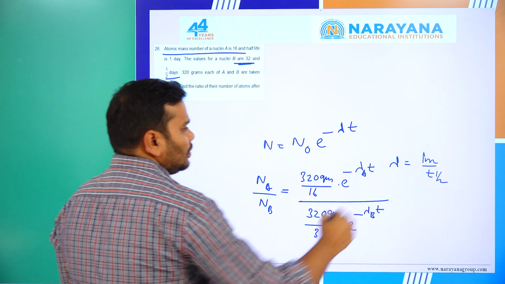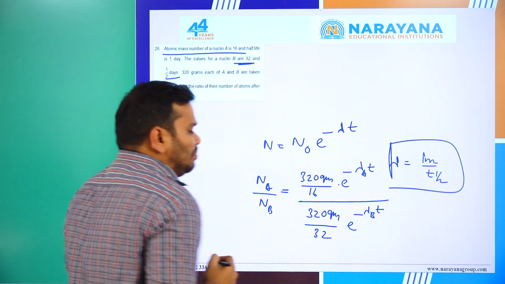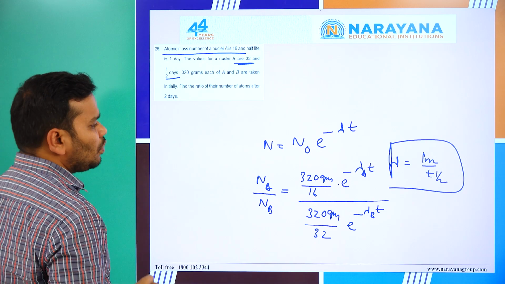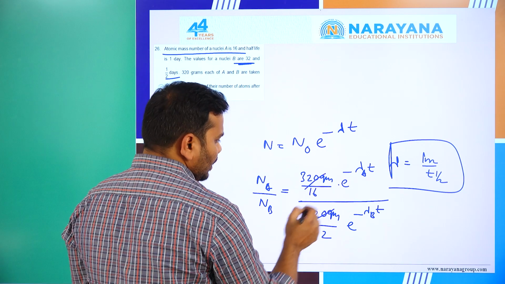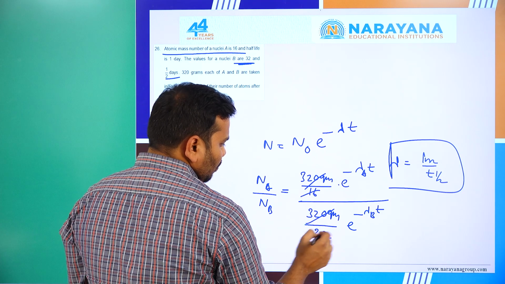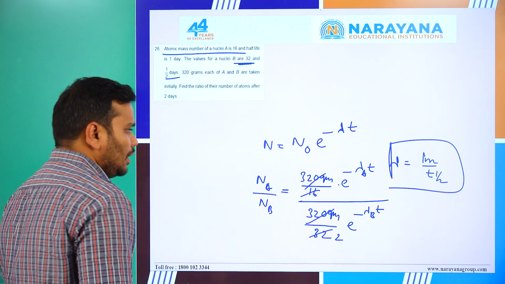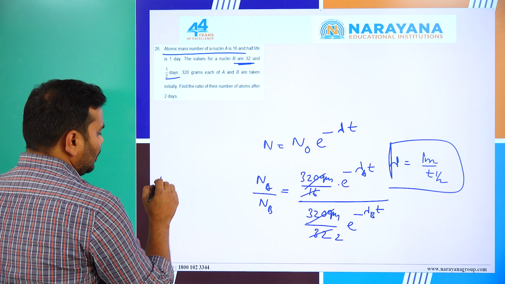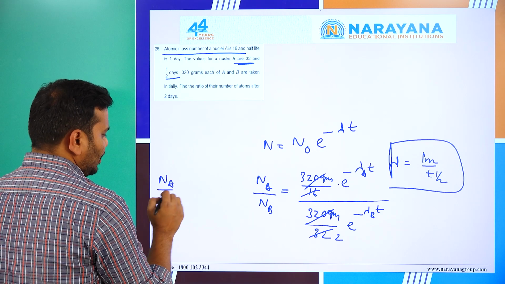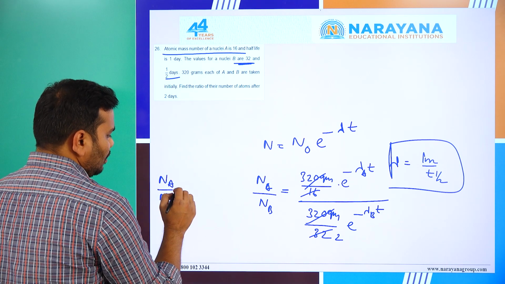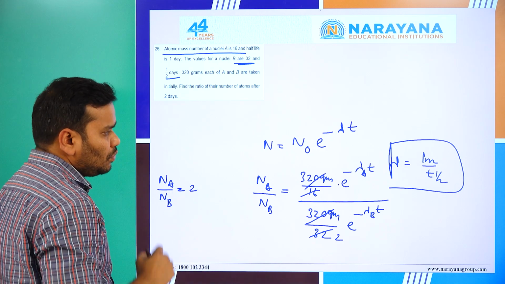Fine. Okay, that ratio only you have to find. The 320 gets cancelled and 2 will be in the numerator, so Na by Nb is equal to 2 times,